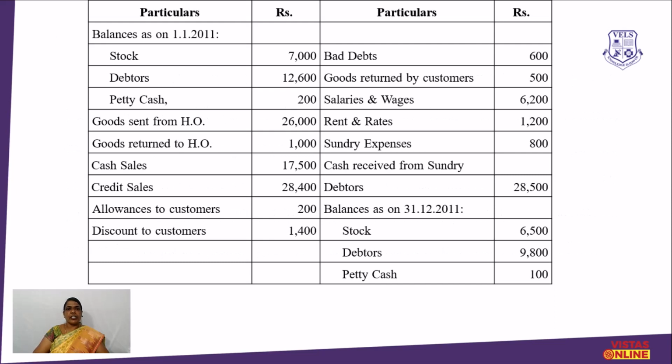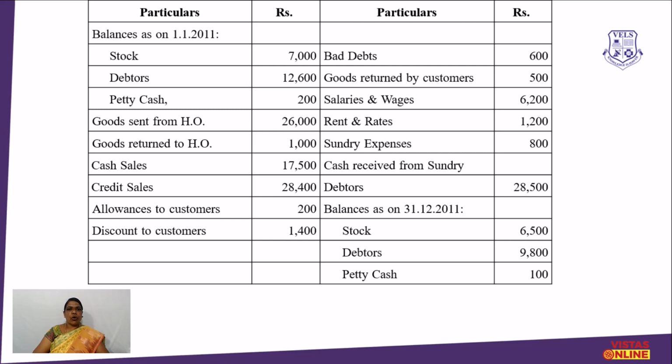I have given 4 columns. On the debit side, you should draw 2 columns, and on the right side also, you should draw 2 columns. There are 4 columns: on the debit side, the particulars column and the amount column, and on the right side also the particulars column and the amount column. Now we can see the debit side. What are the items they have given? Balance as on